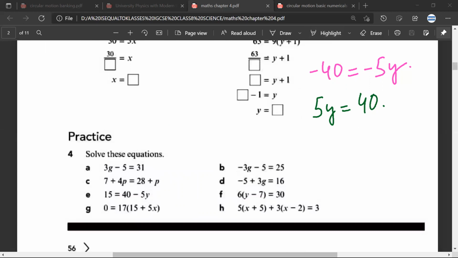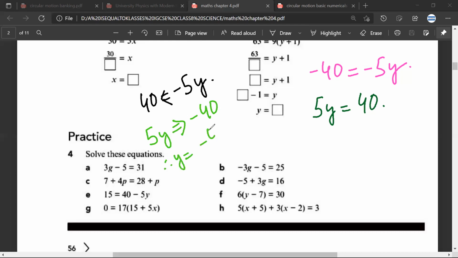And what I want to tell you is that whenever you are in trouble, so for example, 40 is equal to 5y, or okay, let us discuss this. 40 is equal to minus 5y. Again, if I get confused while doing this, simple thing that I can do is I can bring this here and I can bring this here. Mr. Satya, any doubt? No, sir. Mr. Ariman, any doubt? No, sir.